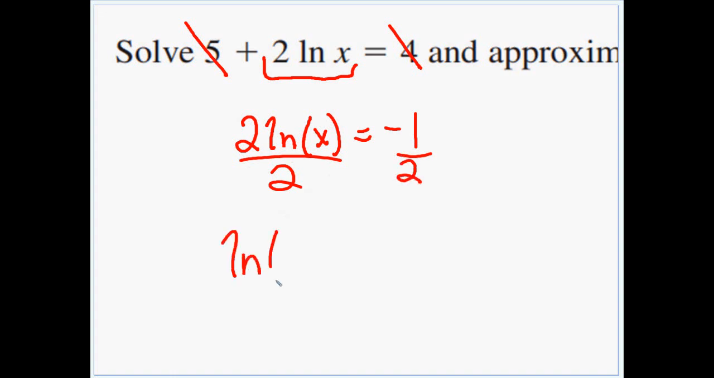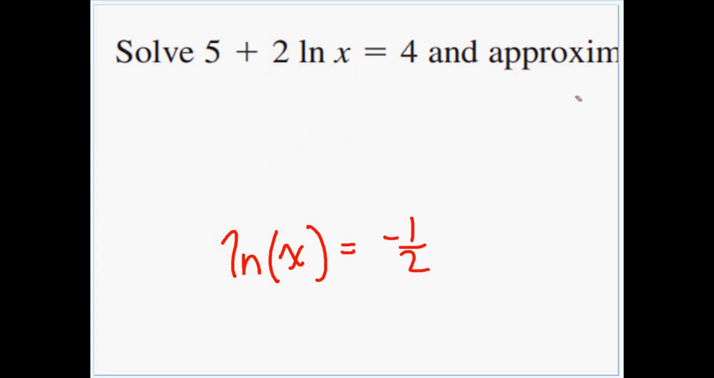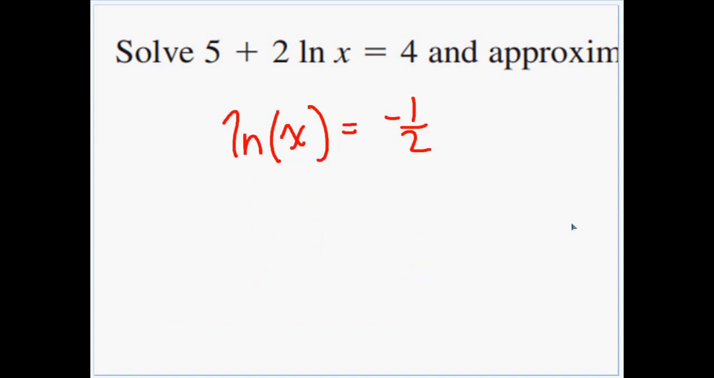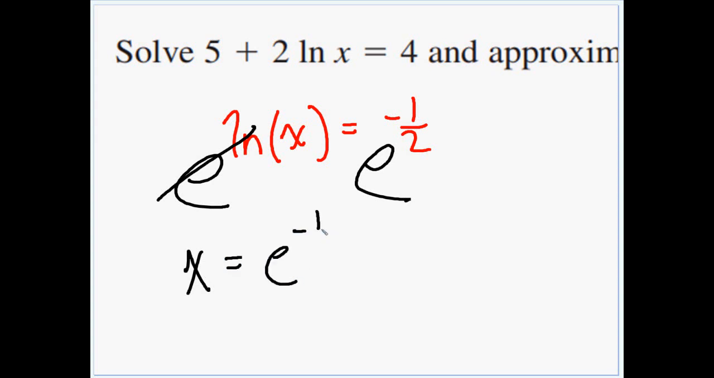The natural log of x is equal to negative a half. All right. Goal number 1, we've got our log isolated, in this case a natural log. How do we get rid of a natural log? We give it a base e. E to the natural log cancels, so we're left with x equals e to the negative a half